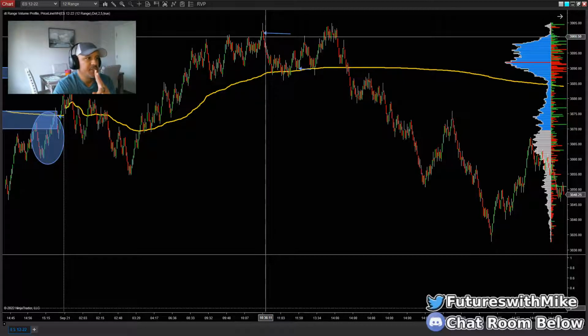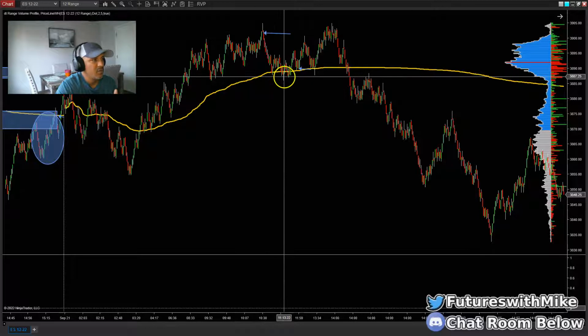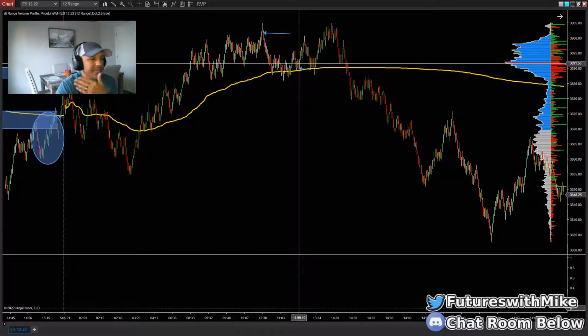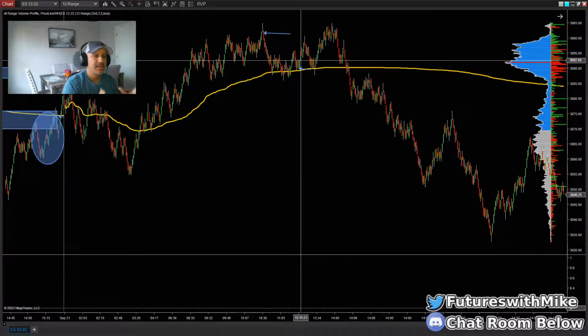And there are two things you can do. You can take the trade back down to the low right here where there's liquidity sitting, off the 12 range chart, and that's probably how I would do it. We'll take a look at the 4 range too, because I want to show you guys both ways how you can trade this. And for beginner traders, if you get a structure break off the 4 range chart once we tap into this area of supply, it's a great opportunity because it helps build some sense of direction and looking for setups, and gives you a step 1, step 2, step 3 type plan to put into action.